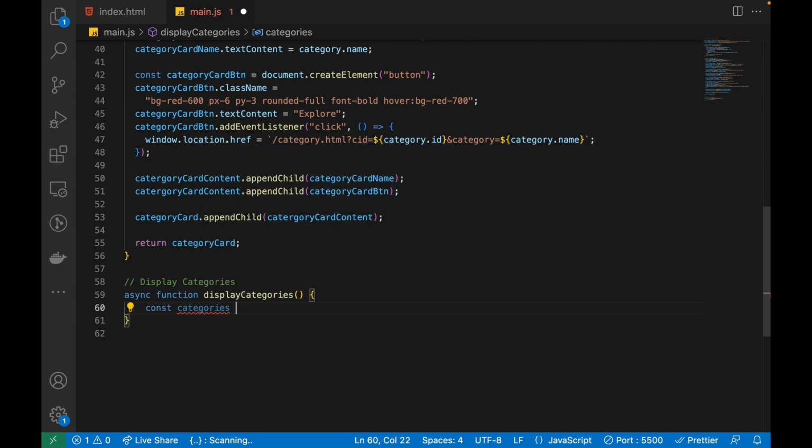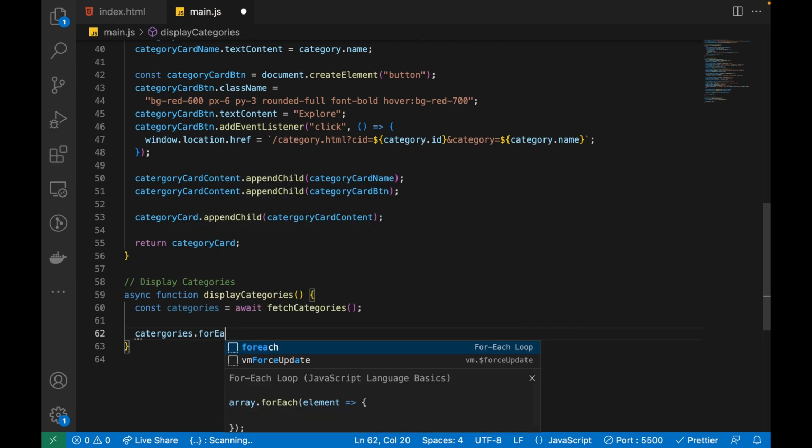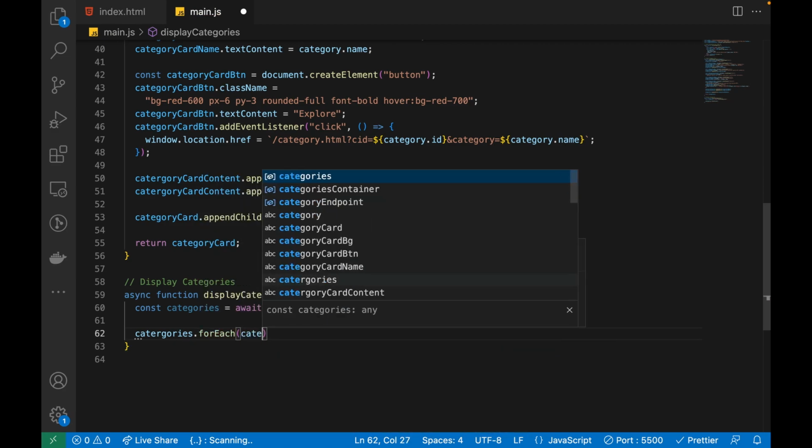So categories is going to be equal to await fetch categories, like this. So we are awaiting this, and up next we can map. So we're going to have the different categories, so we can map through them. So we can say categories dot map, or let's use for each. So for each category,